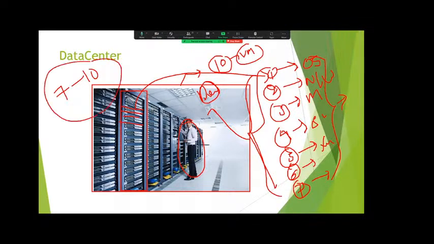Why? Because we have to submit the request. It should be approved by the manager. Then it will go to the data center team. The data center team should allocate the space for these 5 servers, depending on the business requirement. Then installation, configuration, management, verification, and checking security vulnerabilities. To do all these things, it will take minimum 7 to 10 days. This is a burden to the organization. Why?